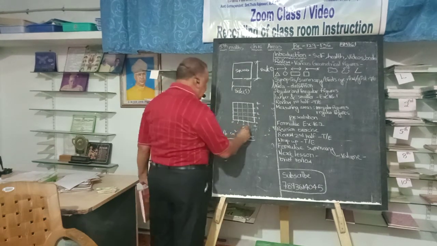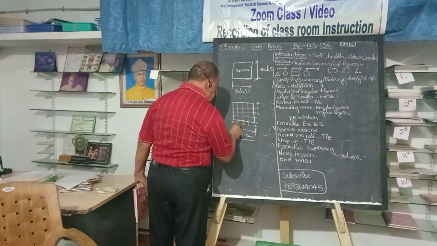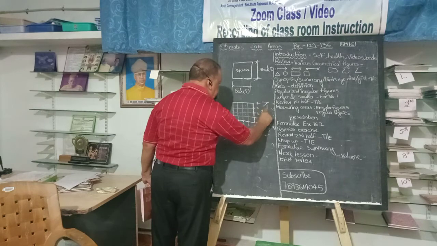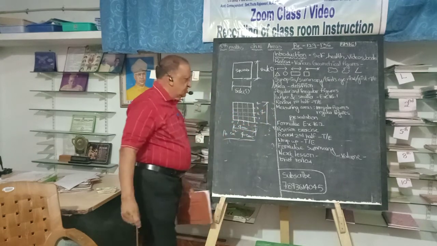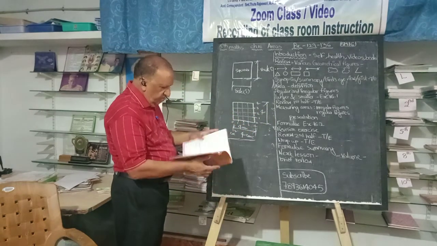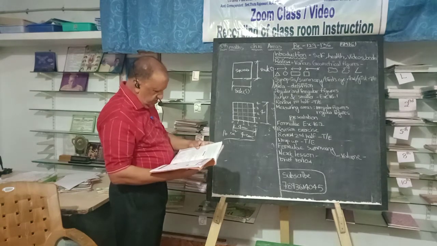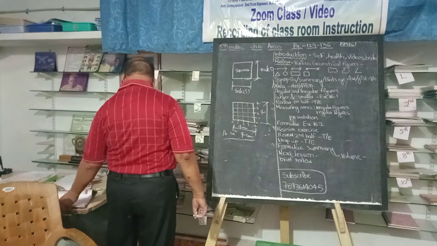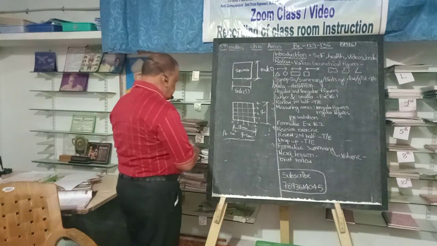In other words, if the side here is 4 centimeters and this is also 4 centimeters, then 4 into 4 is equal to 16 centimeters square. So in both the cases, that is rectangle